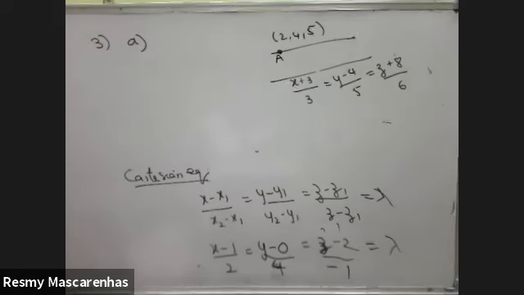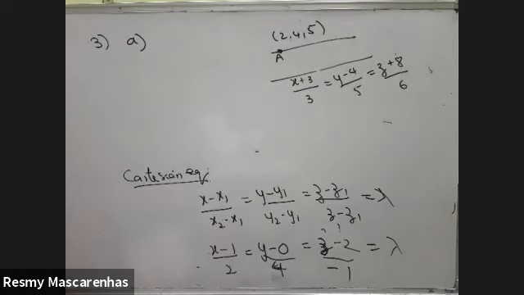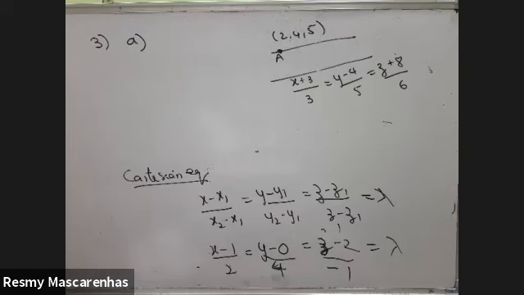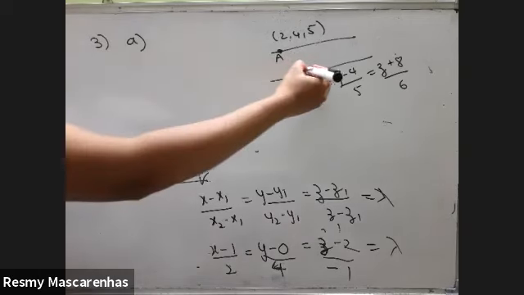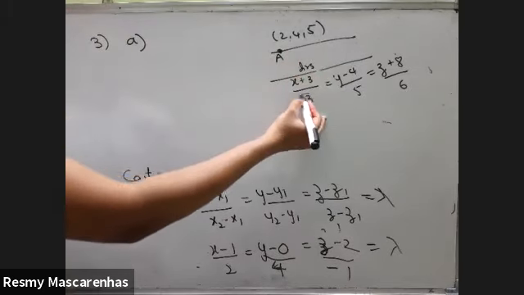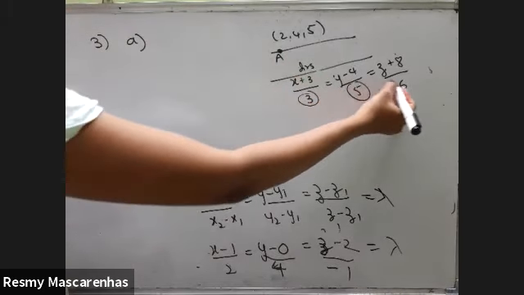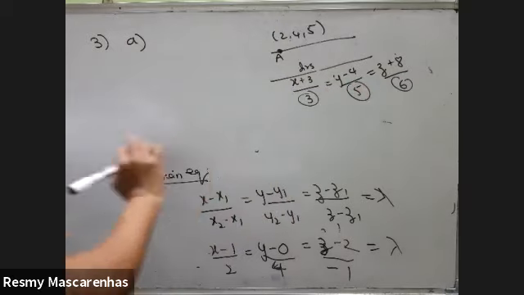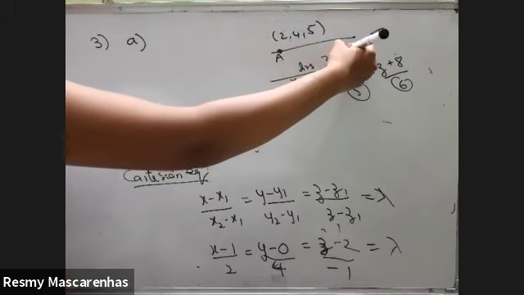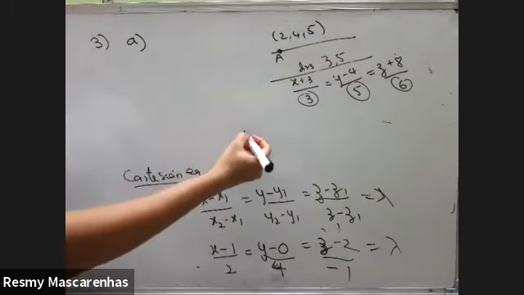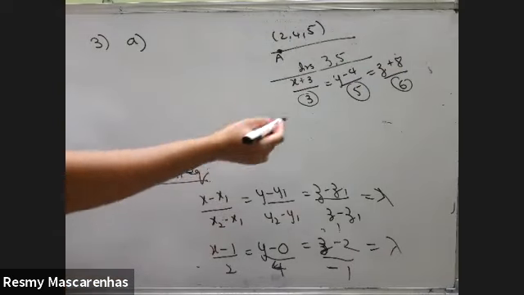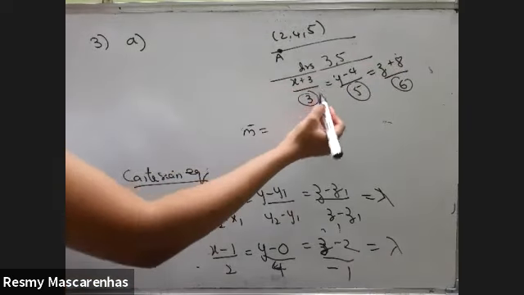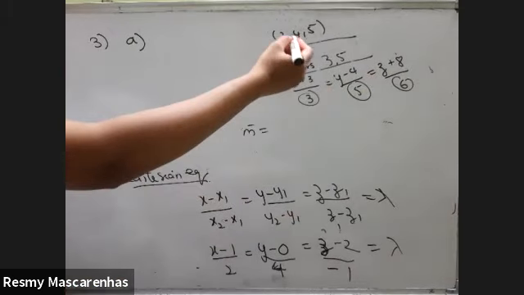You can attempt. Even if it's wrong, doesn't matter. 3, 5, and 6. Yes, 3 comma 5 comma 6. Direction ratios, I told you, you have to always locate at the denominator. Sometimes they might not give you that straight away, they might give you this form. So basically what you need is finally a point and a direction ratio.